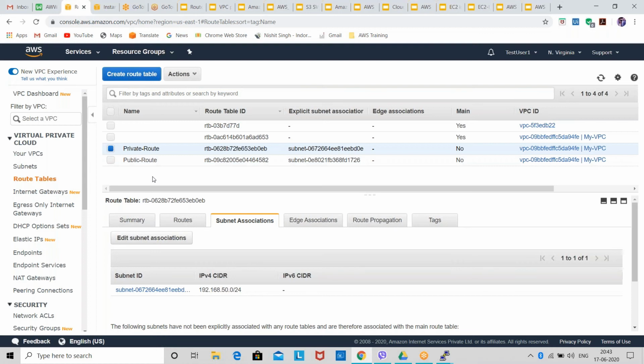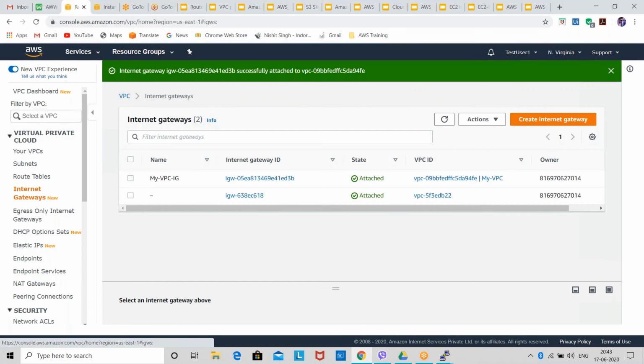Now we can say that 80% of our work is done, but we are launching an instance in AWS. Whenever we try to connect to our instance, we'll try it through the internet. So we have to give internet access to our instances in the public subnet. That's why we will create an internet gateway. Yesterday, I think you should remember, I told you that we create an internet gateway to give the internet connection to the instances in the public subnet.